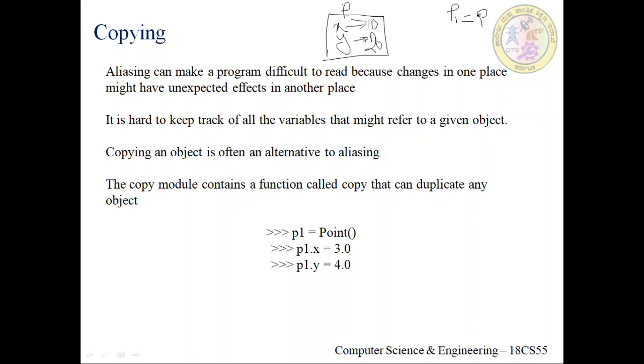In that case, what the Python interpreter does is it makes P1 also point to the memory location where P is already being pointed. That is why if I modify any of these values using either of these objects, the other gets affected. So that is what is happening now. What did I do? I made it P1.x as 20. Now when I printed P1.x, 20 is getting printed, and when I print P.x, 20 is also being printed.